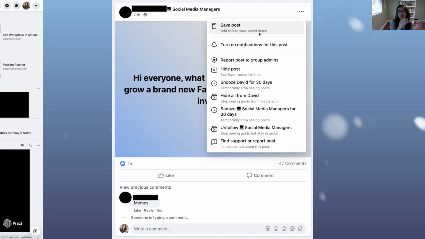As long as the person who posted that never deletes it, you will always be able to go back and see it. Sometimes it does happen, not often. Once in a while, somebody has deleted what they posted, and that's kind of unfortunate, but 95% of the time, it's always going to be there for you, which is really convenient.